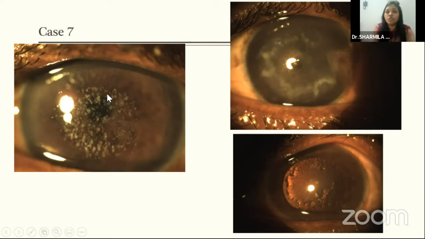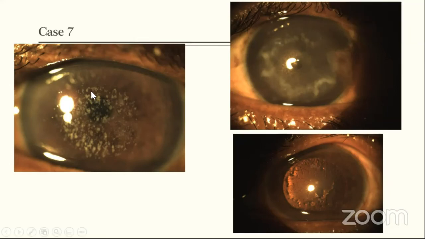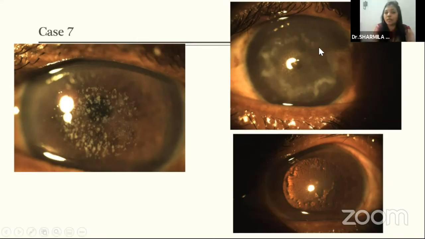You should look at the other eye. That's one thing that I would like to stress upon. Always examine the other eye, because the other eye can give you a clue. And you can also see the periphery. Here it is clear, but in a macular dystrophy, the periphery is not very clear. And this is a lattice seen against retinal illumination.